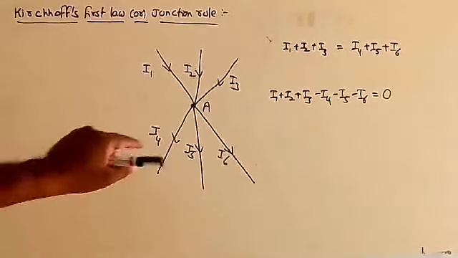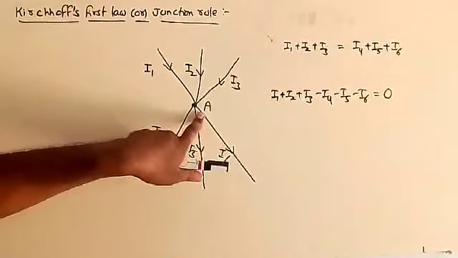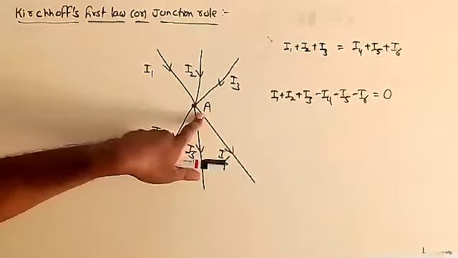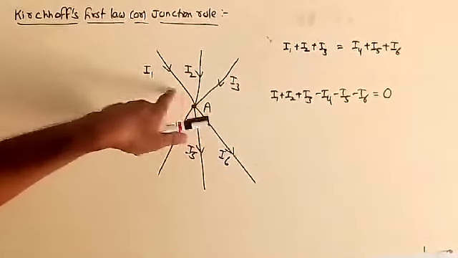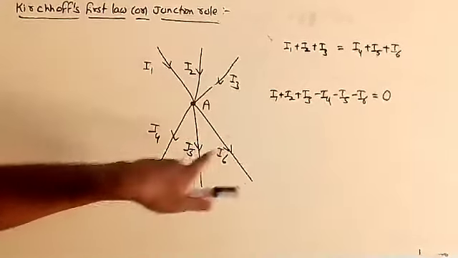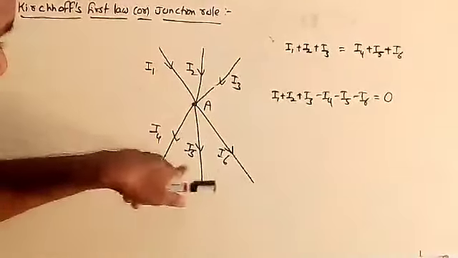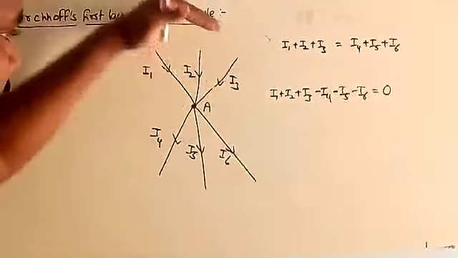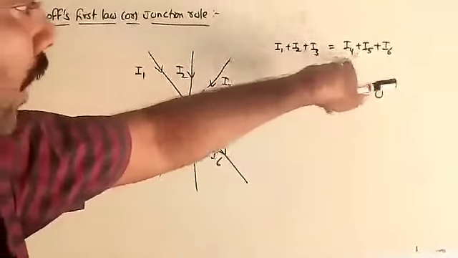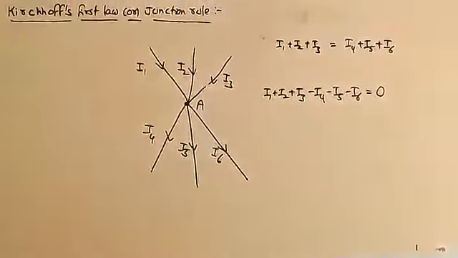So once again, all of you recollect this. Here in the diagram, A is the junction point. I already told you junction is nothing but a point where more than two currents are meeting. At this point A, three currents are entering, three currents are leaving. The entering currents I am taking as positive, and leaving currents as negative. So I1, I2, I3 are entering, and I4, I5, I6 are leaving. So finally, total entering currents is equal to total leaving currents, that is I1, I2, I3 is equal to I4, I5, I6, and the total current at this point will be 0.